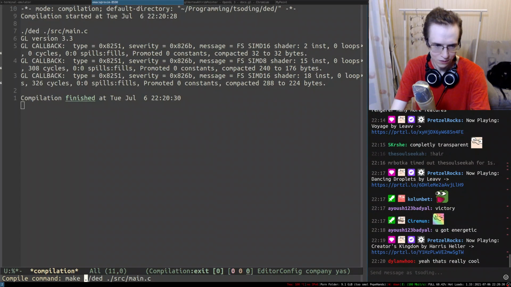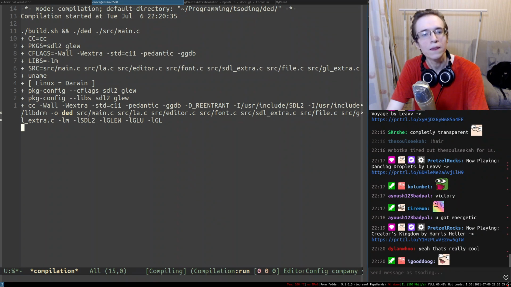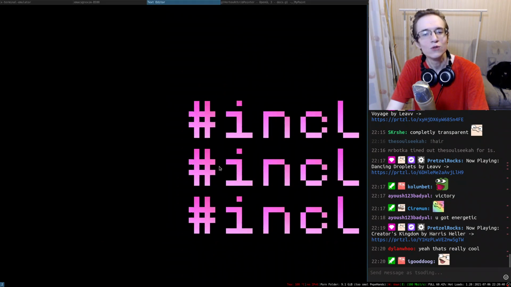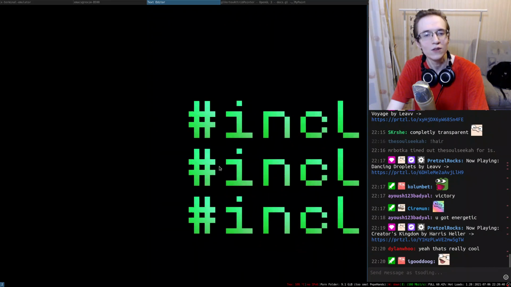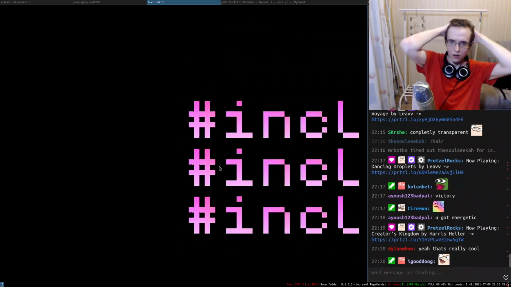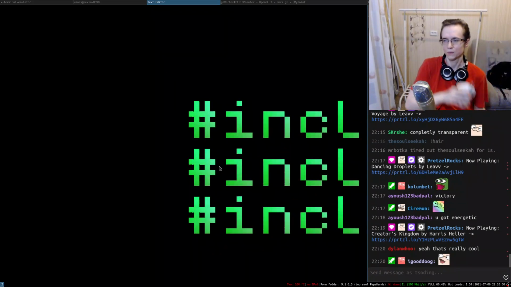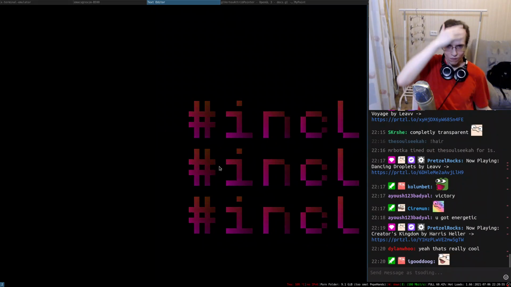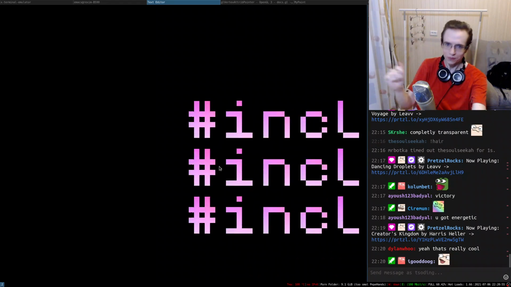Okay, so let's actually build. So now this kind of thing is possible with the OpenGL renderer. We spent like 2 streams to implement this kind of stuff, but now that's what we can do. I think it was worth it. I think it was definitely worth it. We've got shaders. We've got shaders.